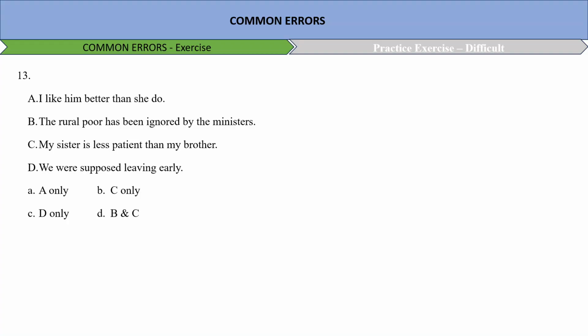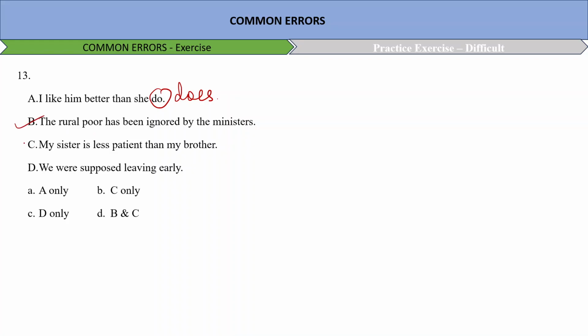Okay. So the question says, the very first thing I came across while reading was "I like him better than she do" instead of "does". Why is that so? She is singular third person and it should be taking the verb form does, not do. Verb form does, right? Not do. Sentence B seems appropriate.